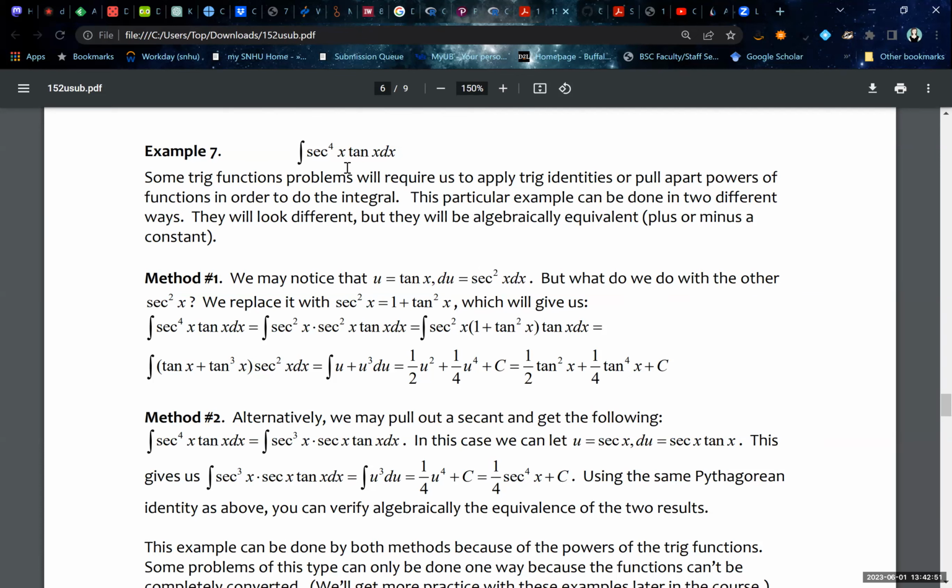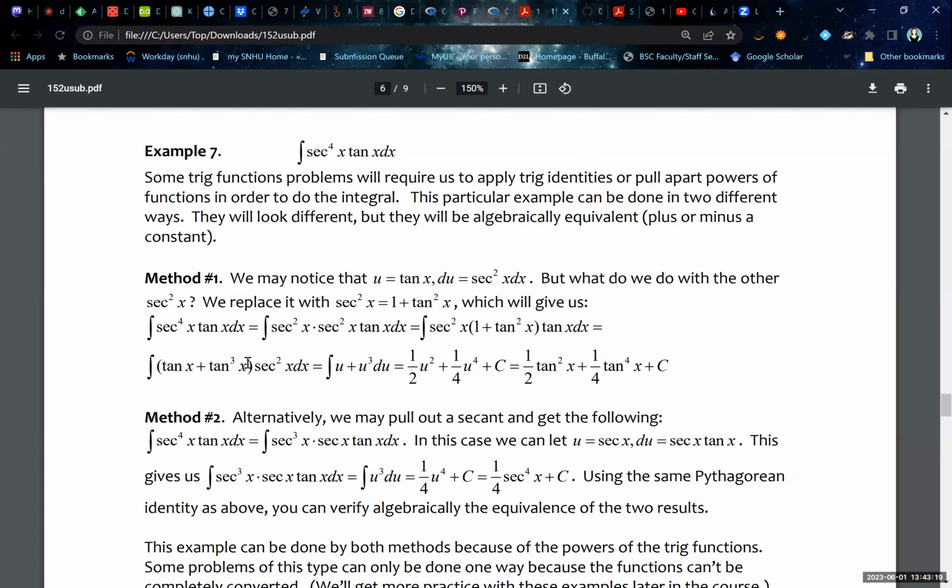Or if you have, in this case, even powers of secant combined with an odd power of tangent. So in this problem, if I take a substitution, u is equal to the tangent, then du is secant squared. I can replace the other secant squared with 1 plus tangent squared, and I can end up with basically a